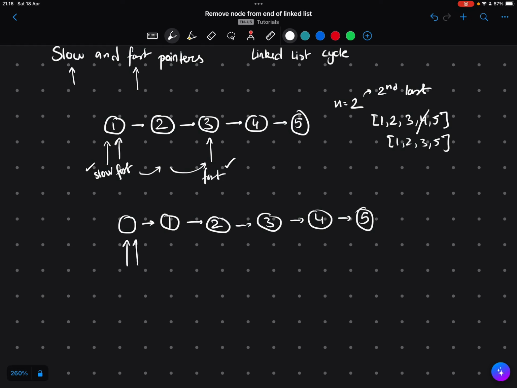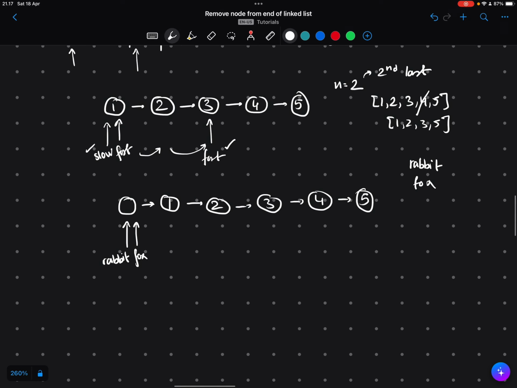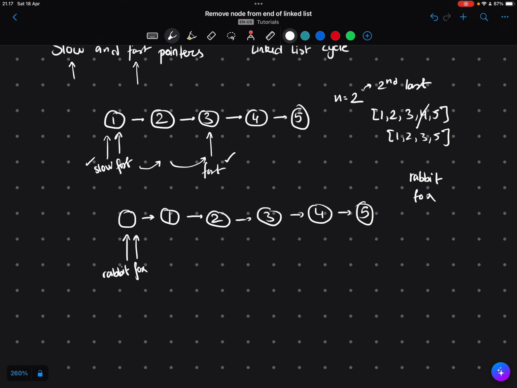Let's just say this is a rabbit and a fox's race, okay? The fox is a bit more sly, you know, so they both start at the starting line, right? So if this is the rabbit, this is the fox is a bit sly,